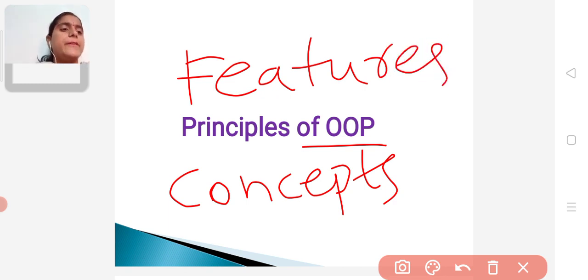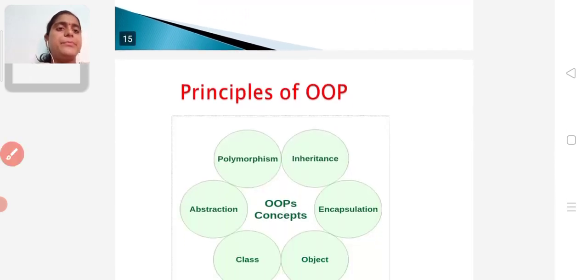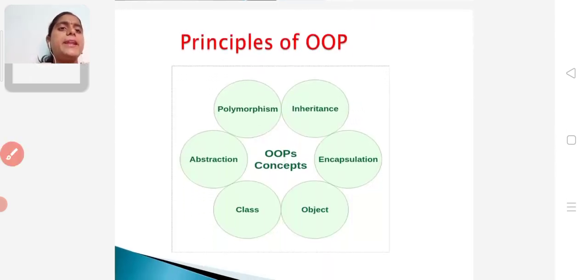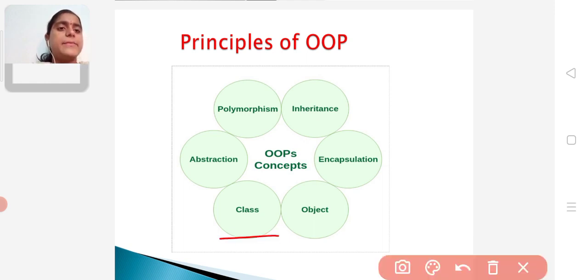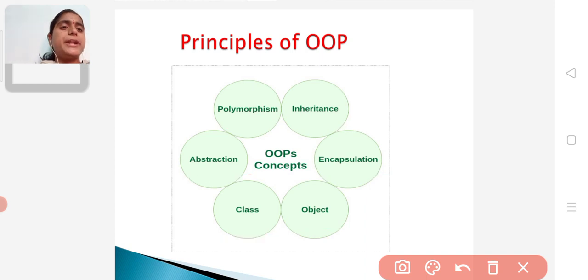So what are the object oriented programming principles? These are the main features: class and object, encapsulation, inheritance, polymorphism, and abstraction.